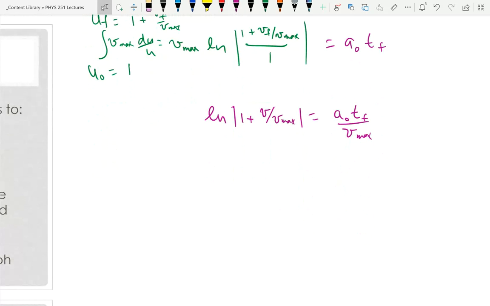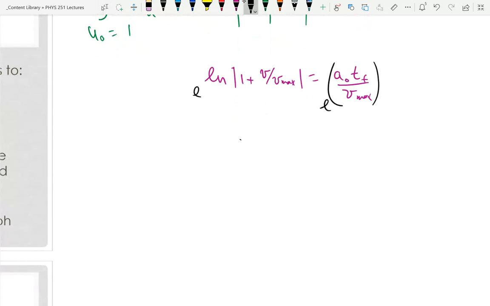So the exponential function is the inverse of natural log. And so I'm going to have 1 plus V over Vmax equals e to the a0 t over Vmax. I said I was going to drop the finals and I didn't there. So V equals Vmax